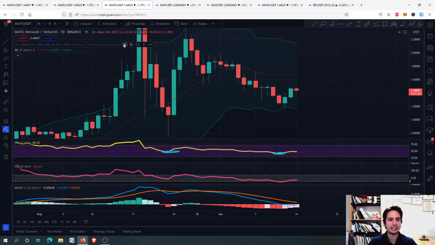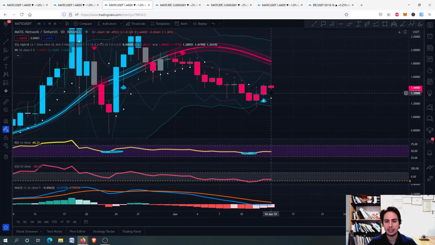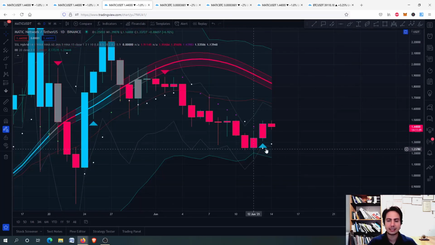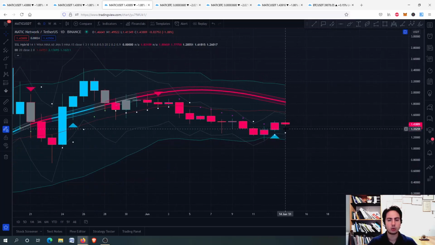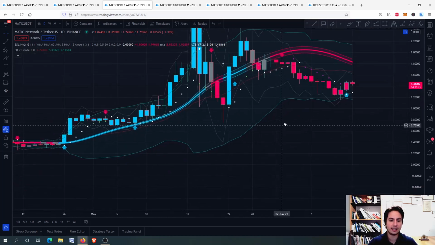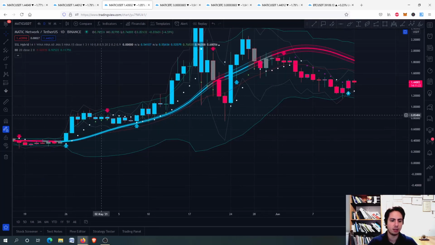So if I open, guys, the SSL hybrid, you will see that the green arrow indicates that we are having a buying opportunity and the red arrow a selling opportunity, right? When we're having the blue arrow, we can buy here, but in most of the time, guys, this indicator works, right? But you have to set your profit target at around 10% if you want to be more sure, more accurate, because sometimes you can get more profits, like here, for example, where we went upwards right there,